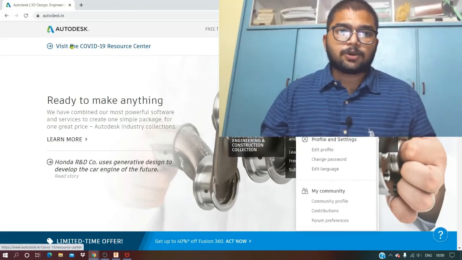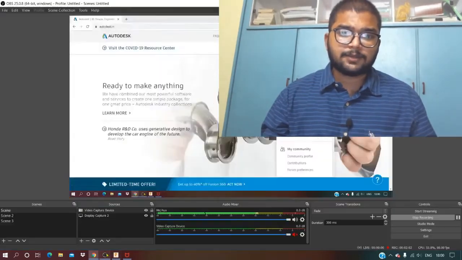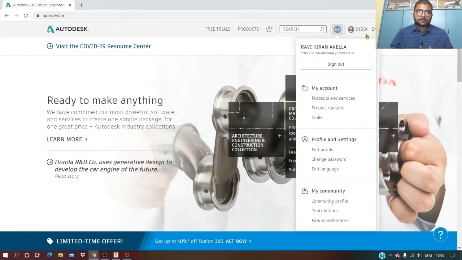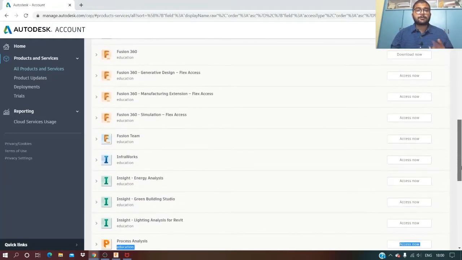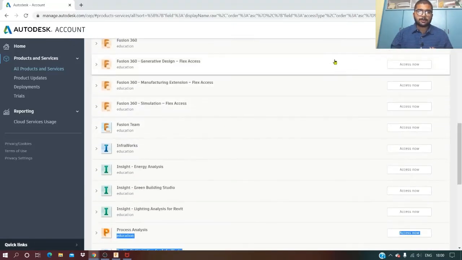You can just go to the Autodesk website, create your account, mention that you are a student, and provide the requisite details. Let me minimize this so that you can see the screen better. When you sign in, you get to see this tab, products and services, below your my account menu. When you click there, you are redirected to a page where you see these products of Autodesk. You can download any of them for free for a limited period of time, of course. Earlier I had already downloaded AutoCAD, and today I have downloaded Fusion 360 as well.